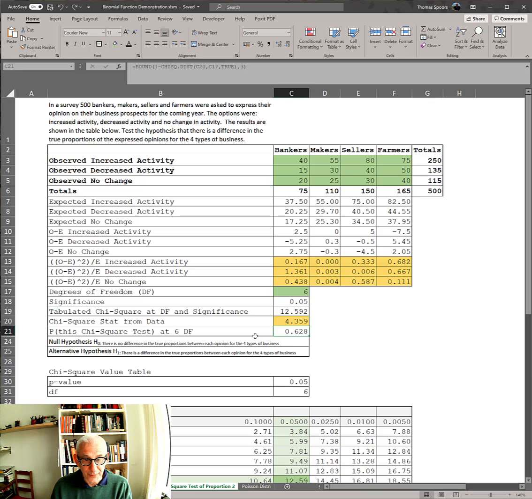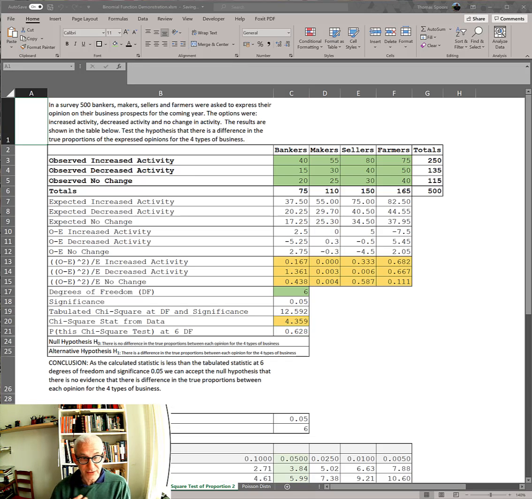After that we've got one thing to do, and that's to make a conclusion. As the calculated statistic is less than the tabulated statistic, with 6 degrees of freedom and significance 0.05, we can accept the null hypothesis that there is no evidence that there is a difference in the true proportions between each opinion for the 4 types of